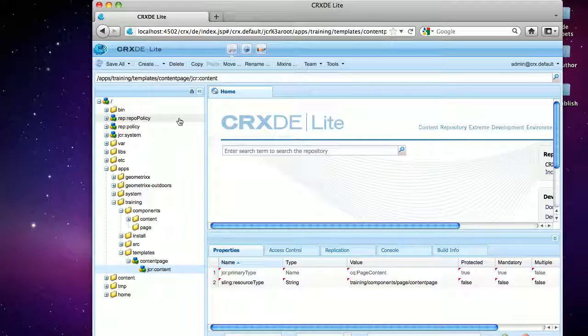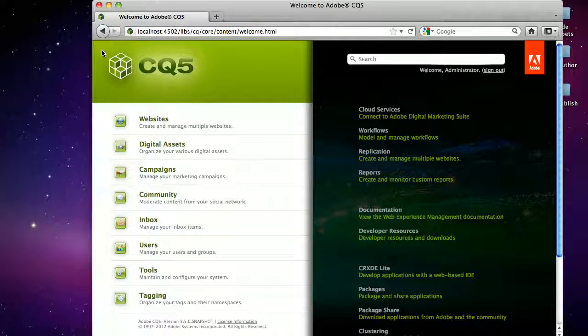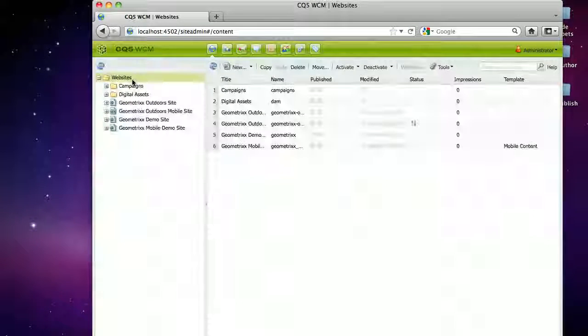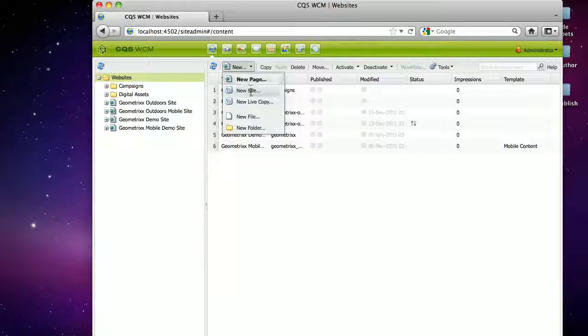So now let's test our work and see how this would look from an author perspective. So make sure you hit Save All, and that's going to save all the information back to the repository. Okay, what I'm going to do is click up here and you'll see this little blue lizard. Go ahead and click on the blue lizard and that'll take you back to your main page here in CQ5. Now go to your websites section here and click on websites. Highlight up here for websites. Since we haven't created any pages here, just go ahead and highlight websites and then click new and say new page